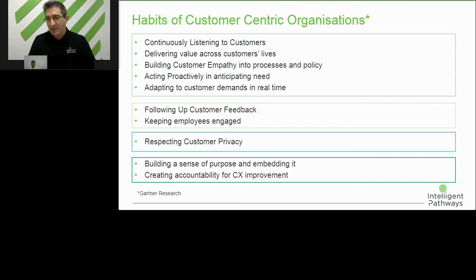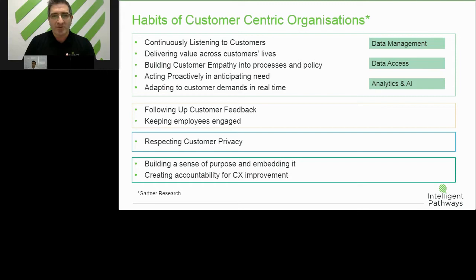Customers know that we're in a digital world and privacy is critical for them, so we need to get that right. And then, of course, building a sense of purpose, embedding it. And that really speaks to some of the long-running cultural elements of an organisation. Some of those terms may seem quite new to some of us in terms of how we experience and how we live it. But really, oftentimes, it just gets brought back to really core and consistent activities that we have responsibility for in addressing.